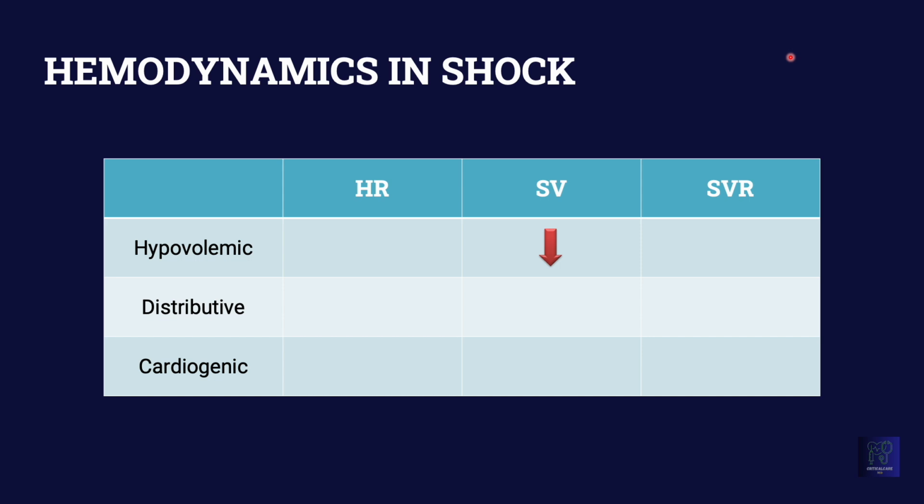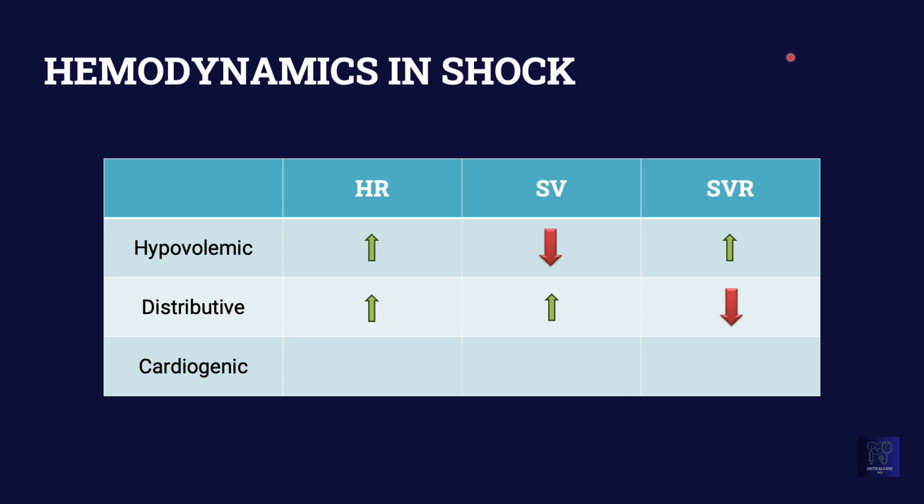Starting with hypovolemic shock, the main problem here is decreased stroke volume. That's because the heart is not filling up with enough blood. It's not going to squeeze enough blood. So there is decrease in stroke volume and reflex tachycardia and increase in SVR. Moving on to distributive shock, the main problem here is vasodilation. So there is decrease in systemic vascular resistance, and there is going to be reflex sympathetic tachycardia and